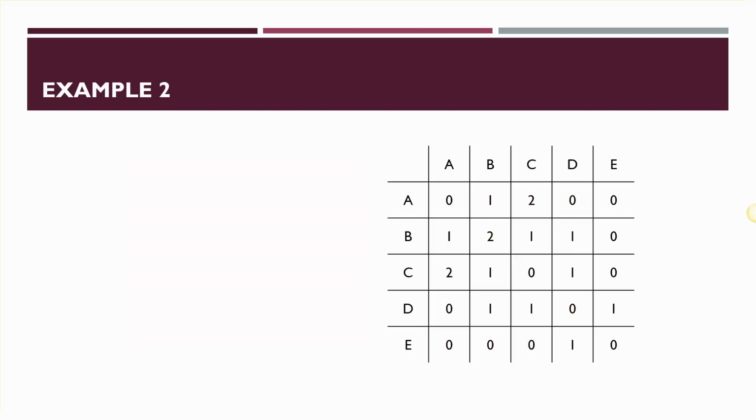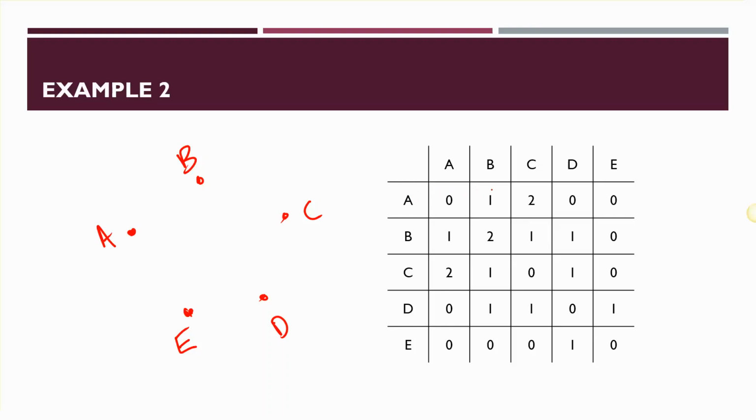This time, our adjacency matrix is filled in, so we're going to make a graph from this. There are 5 vertices, so we just make 5 and label them A, B, C, D, and E. It doesn't matter how you put them in your network, as long as you've labeled them and left plenty of space. So, reading from top to bottom and left to right like a book, as we said,